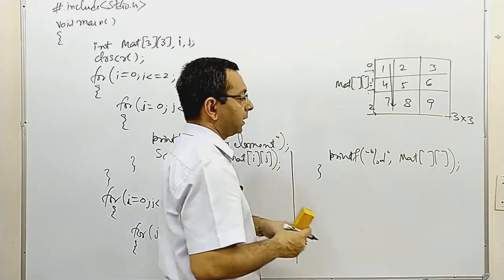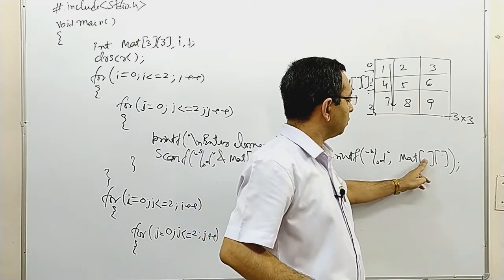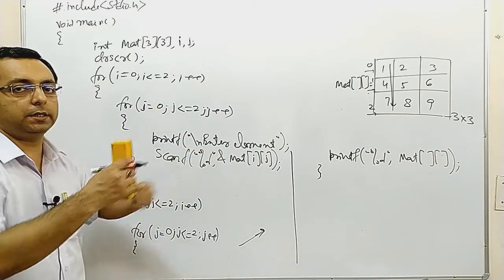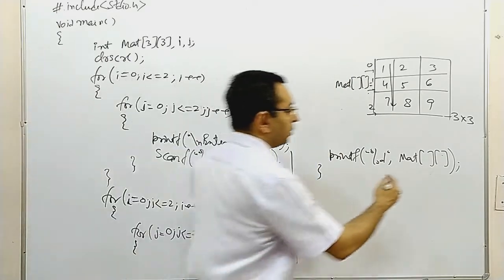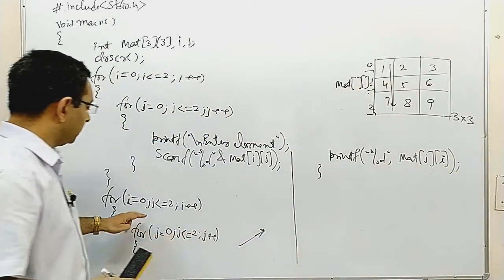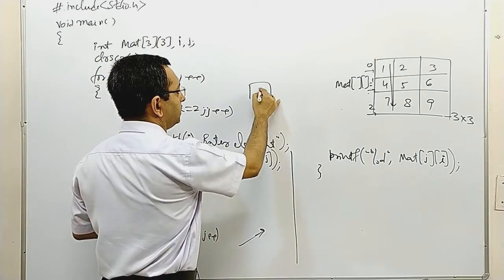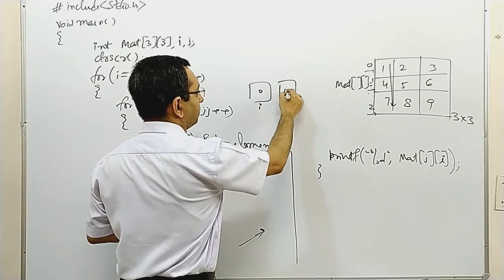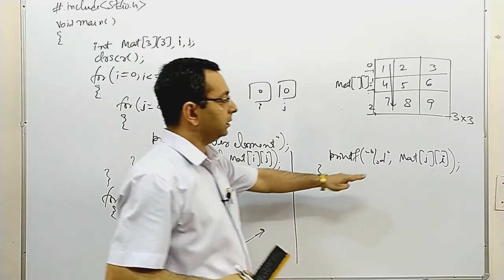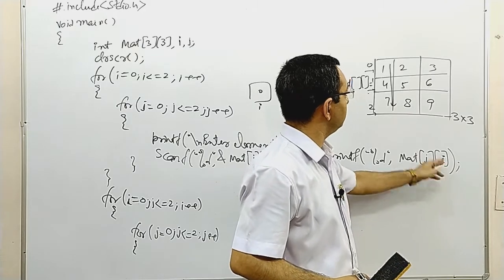Now see, if we write i and j here, what will happen? It will be printed row wise and column wise, but what we have to do is interchange row and column. So here we are interchanging. Just see what is happening here. In the first iteration, the value of i is 0 and the value of j is 0. So 0 0, and here it will be printed as j0 i0. So mat 0 0 means 1.